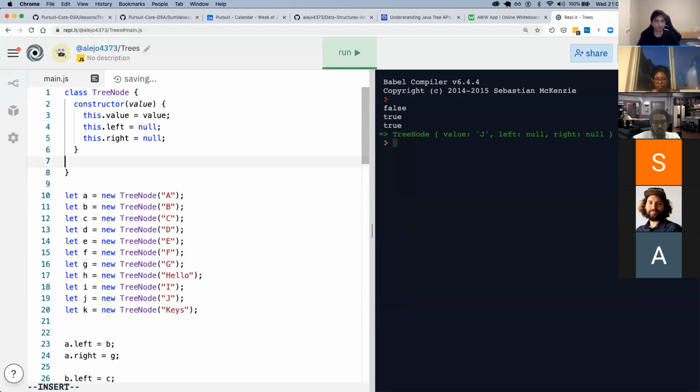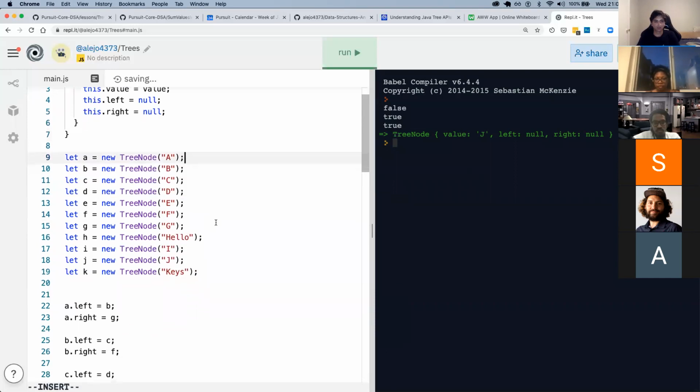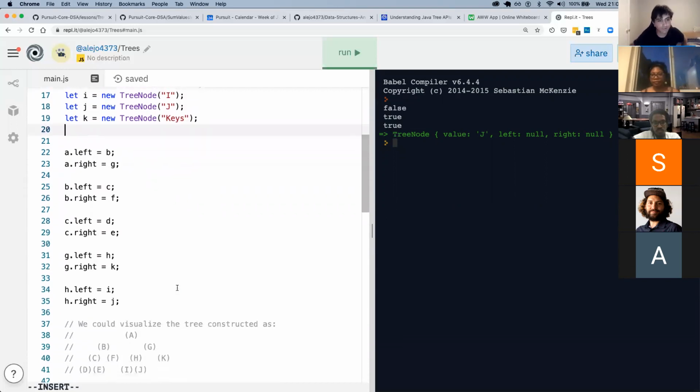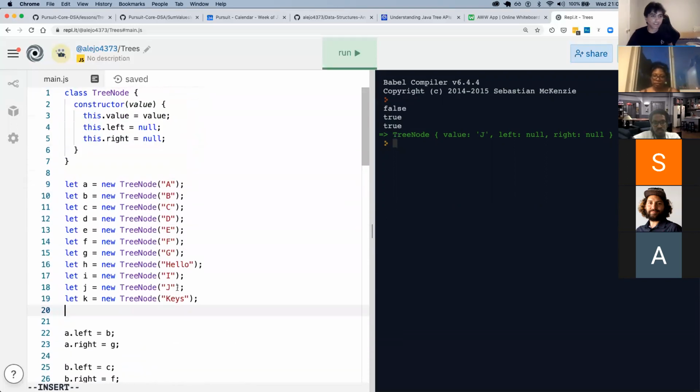Let's remove this. We can leave this here, keys. Okay. Oh, one thing here: the value can be anything. It can be a number, a string, another object, a linked list, literally anything. Just like we have here strings with one character, multiple characters.